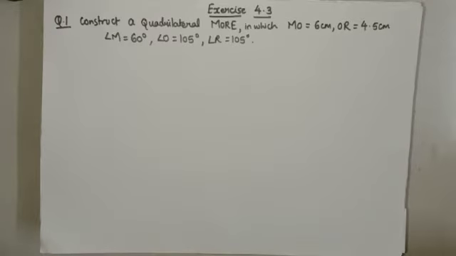So in our previous video session, I have uploaded how to construct angles using a compass, and we will be using the same knowledge over here, because in this third type of construction of quadrilateral, we are given two sides and three angles. So for that, the angle construction will be done by compass. For that only I have uploaded the video session on how to construct an angle using a compass.